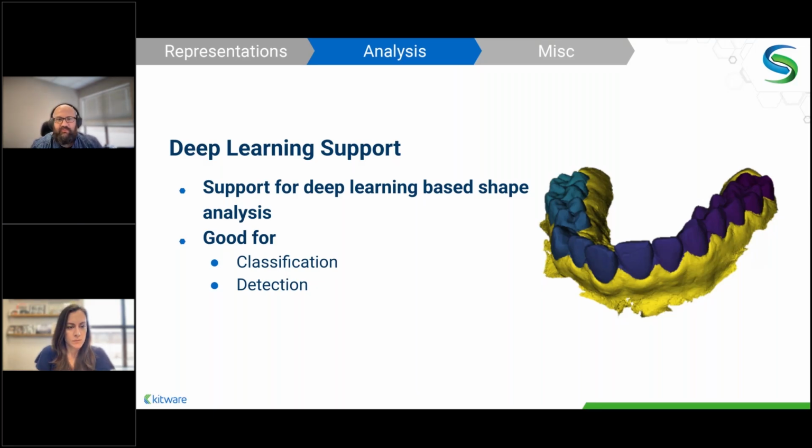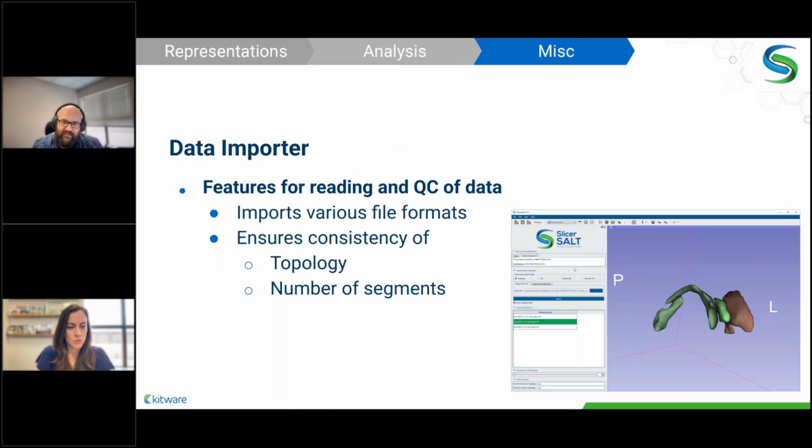And so next, we're going to move on to a few miscellaneous features of SALT. One is, we've talked about all these representations and analysis, but how do you get your data into SALT to actually do some of this analysis? We have a data importer module that can read in segmentations, both in binary image volume format, or if you have meshes from your segmentations. And it can do a